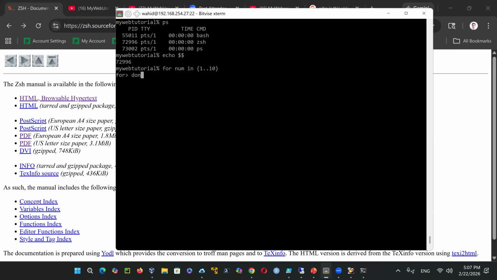Bash is the Bourne Again shell, but ZSH is an enhanced version of it. So it is basically supporting this plus more, which is themes and colors and this and that. So then I say echo $num hello world,